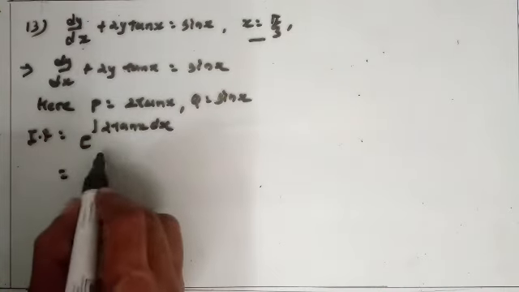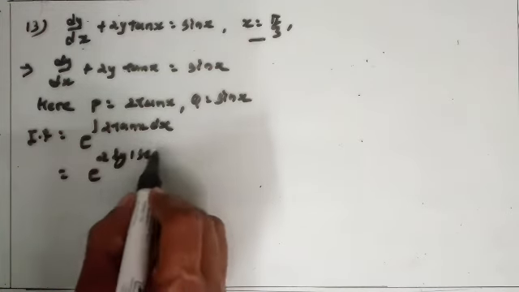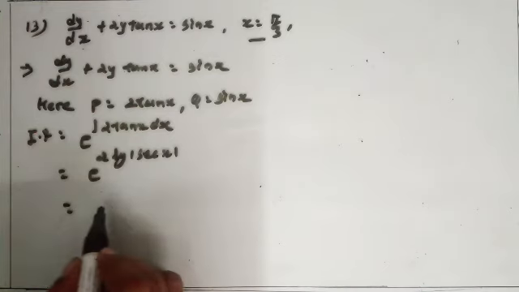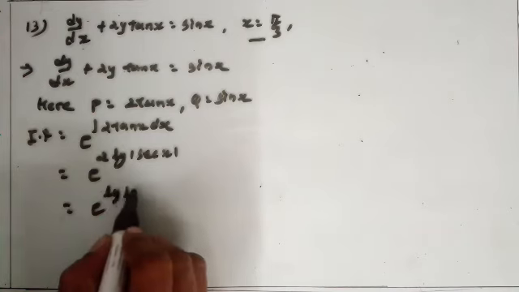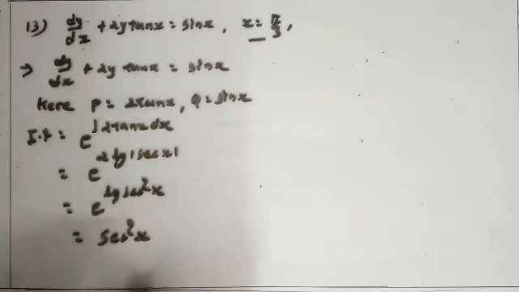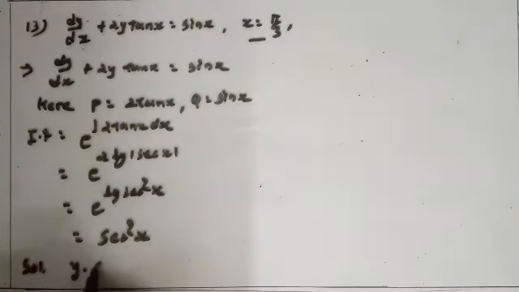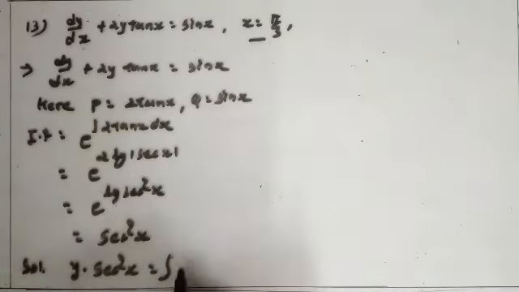So it is e raised to 2 times the integration of tan x, and we know that the integral of tan x is log|sec x|. Writing in power form, e raised to log sec square x, with base e, is equal to sec square x. Clear? Now the solution: y into the integrating factor sec square x is equal to the integration of q, which is sin x, into the integrating factor sec square x